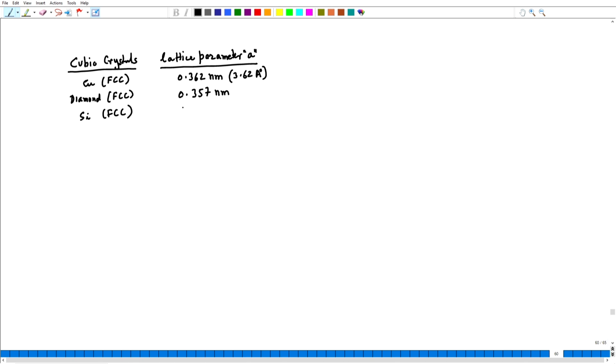Consider silicon, again FCC, its lattice parameter is 0.343 nanometers. Consider iron, which is a body centered cubic crystal, we have 0.294 nanometers. Finally, if I look at molybdenum, BCC, 0.315 nanometers. In each case, the lattice parameter, therefore the spacing as well between atoms, is much smaller than the